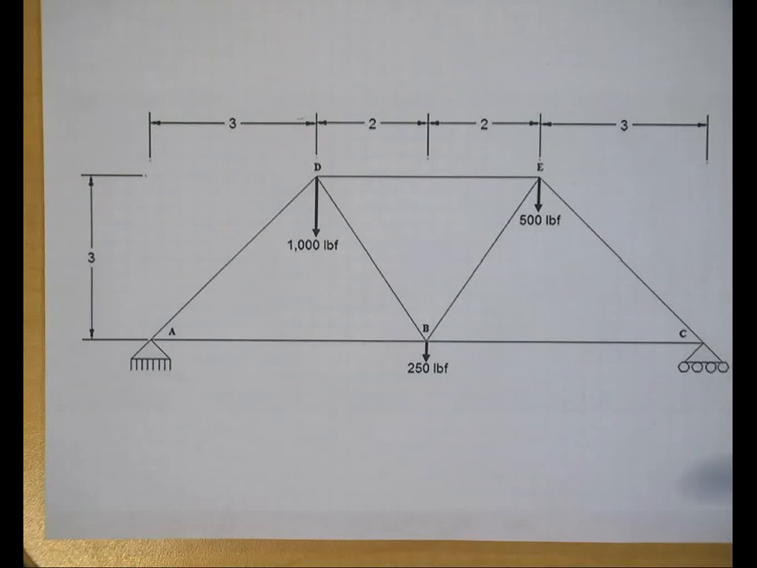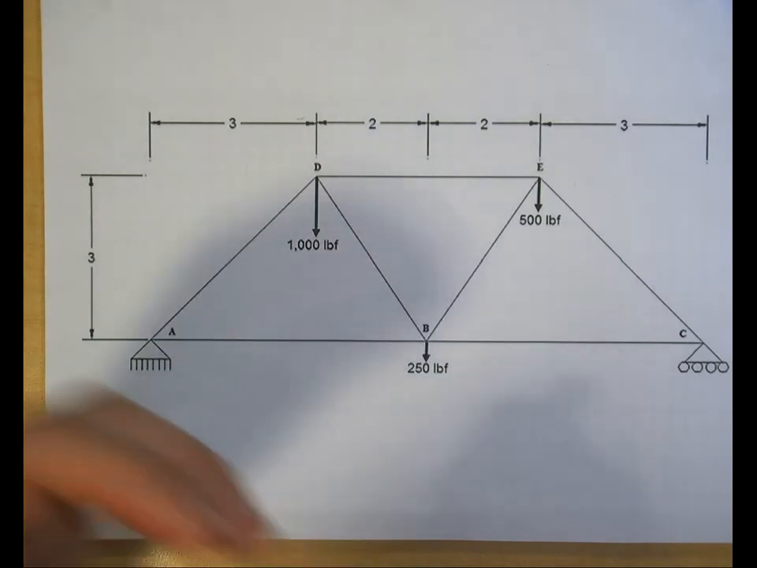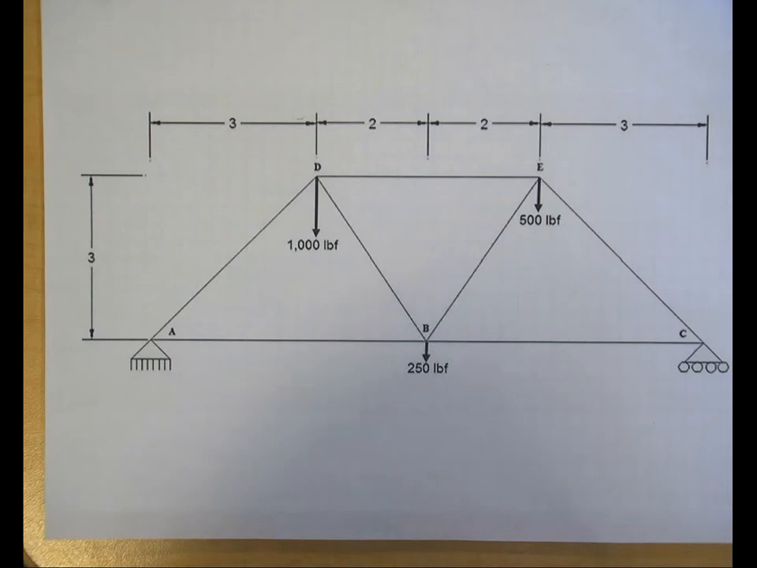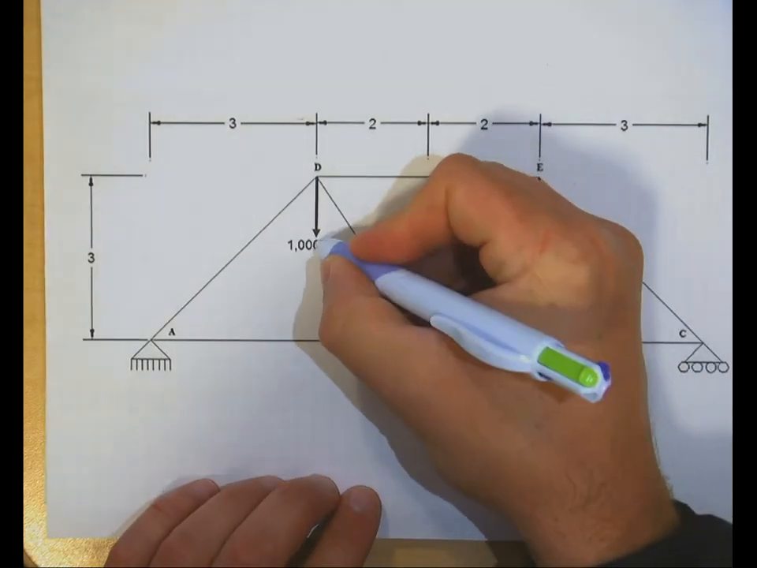So we're going to get started with solving this truss. The first thing that we're going to do is go ahead and solve for all of the angles in the members. We can do this a couple ways. The way that we're going to start is we're going to solve for the angles in the members. How we're going to do this, we're going to divide up the truss